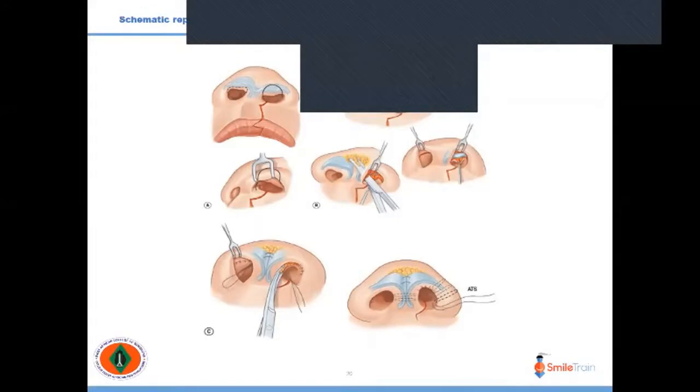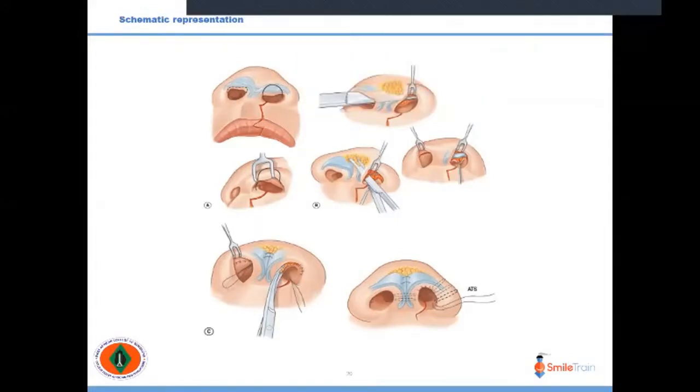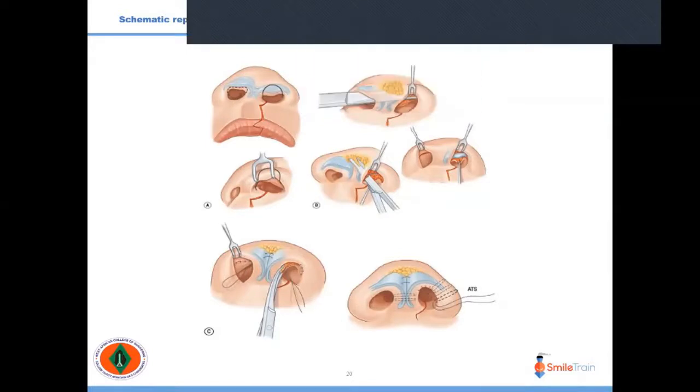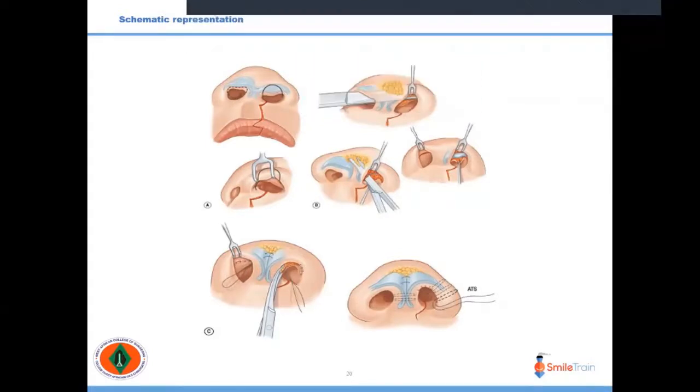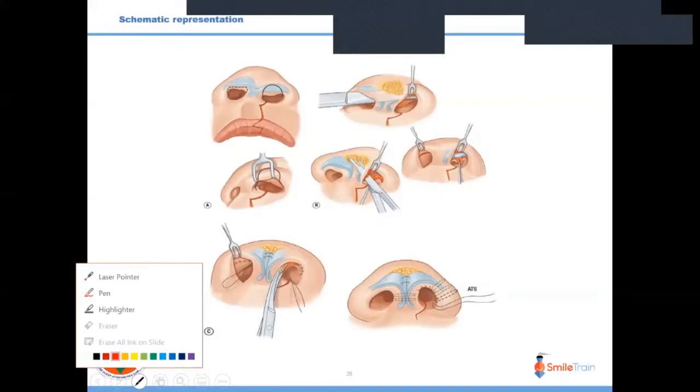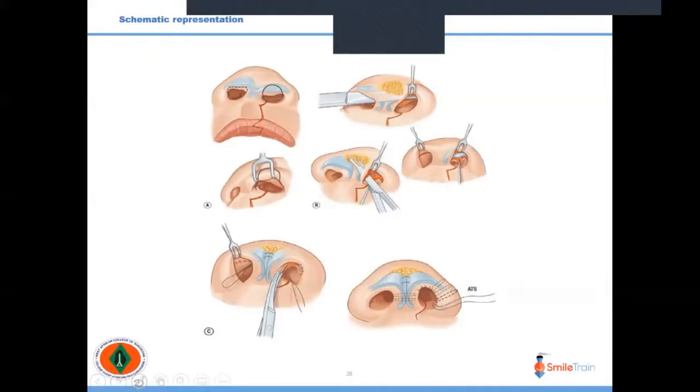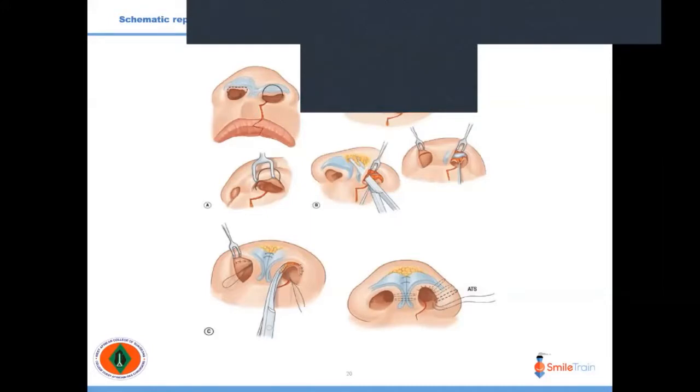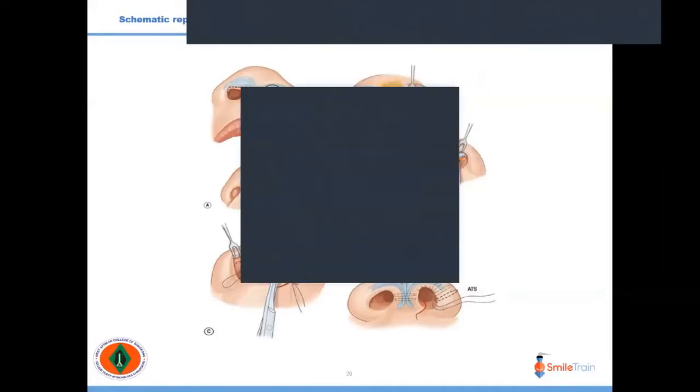Now, from the diagram shown on your screen, in the semi-open rhinoplasty, the incisions incorporated are: on the non-cleft side, a rim incision. On the cleft side, a reverse U incision or the Tajima incision, which is about a millimeter or two higher than the rim incision. Now, through this incision, using a skin hook